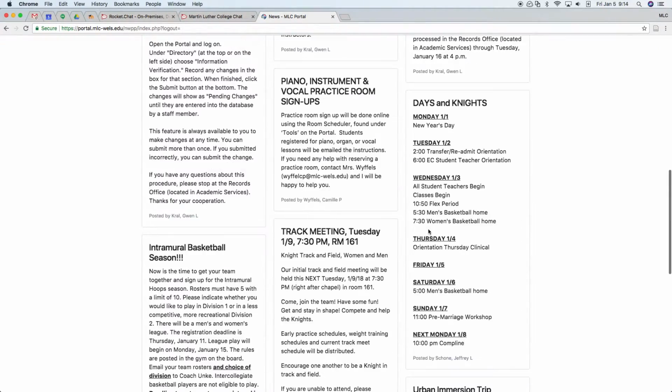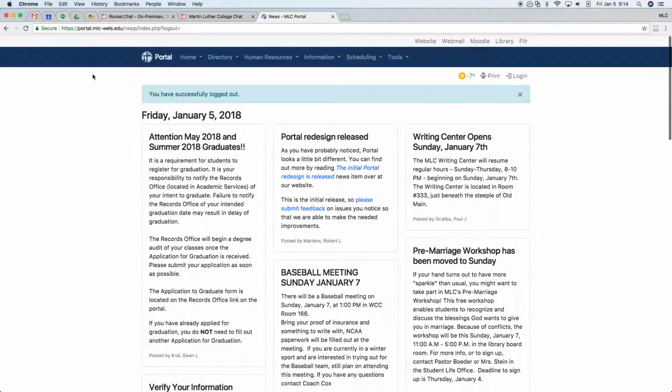Obviously, the look is very different, and, well, not that different, but different enough. The main thing people will notice right off the bat is that instead of having a red bar on top, we now have a blue bar. Don't worry, still the same site, just a little bit different color. The reason for the change and removing the sidebar is to enable easier access to the information on Portal